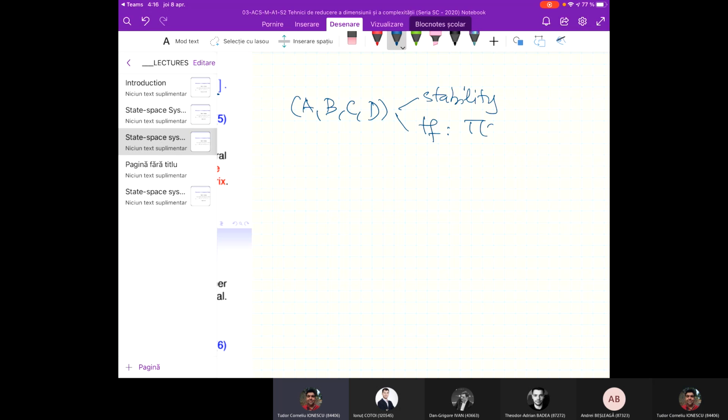Okay. T(s) is C(sI minus A) inverse B plus D. Okay. We looked at responses of the transfer function and the system. Okay, the response is computed using only the ABCD matrices. Okay, and then we had structural properties,